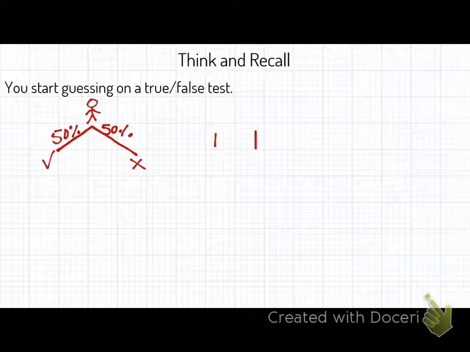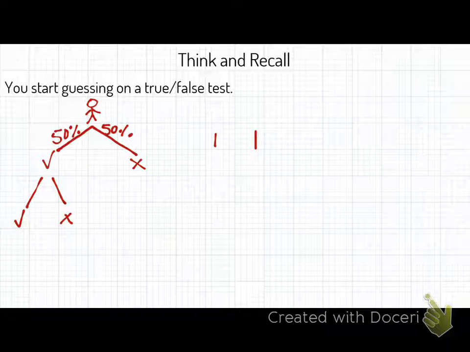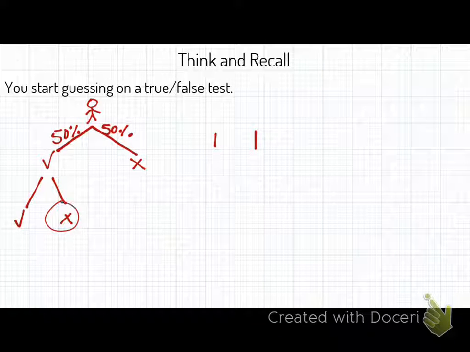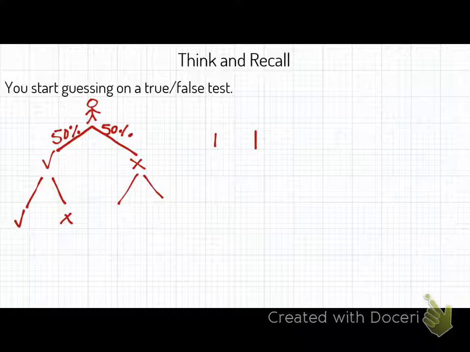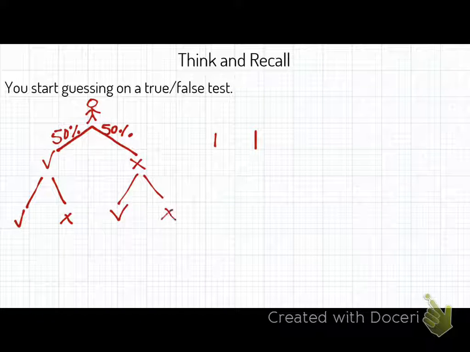Now let's say you're like, I have to guess on 2 problems. So let's say you guessed on the first one, let's say you did get it right, but on the second attempt, you could either get it right or you could get it wrong. Does that make sense? Or let's say on the first attempt you got it wrong, and you could either guess to get it right, or you could get it wrong. So now we have a few outcomes here, right?